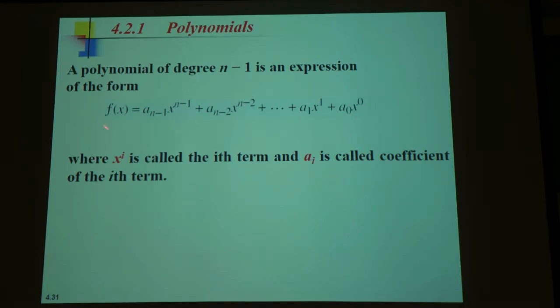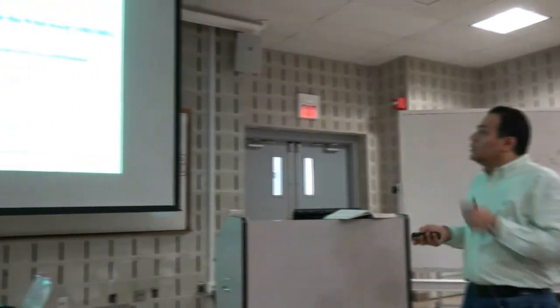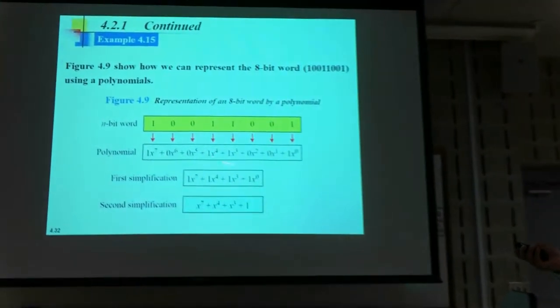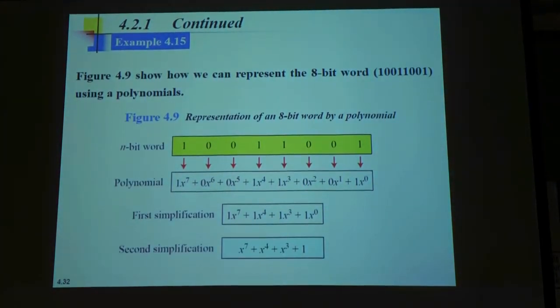Okay. Where x to the power i is called the ith term and ai is called the coefficient of the ith term. A polynomial is built of terms separated by the plus sign, and each term has two parts: the coefficient and the variable, right? That's a polynomial. So now, what we are trying to do is see